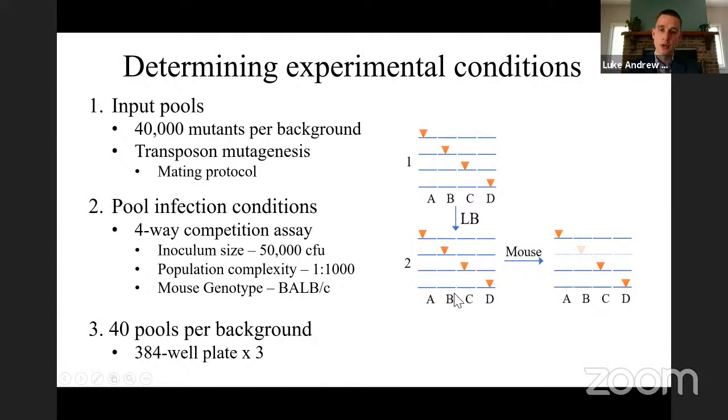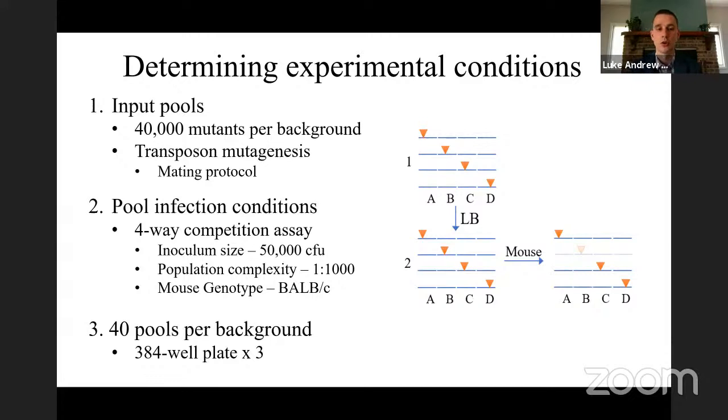And then the next big thing we needed to figure out before we could conduct this experiment was, what are our infection conditions going to be for our selection? So you can imagine that if you inject too many Salmonella into a mouse model, you're going to completely overwhelm the immune system and you're not going to get biologically relevant results. And so we wanted to figure out what size of inoculum we could use in these experiments. And we also were concerned about the population complexity. Again, as Jim mentioned, we didn't want these mutants to run into any significant bottlenecks throughout